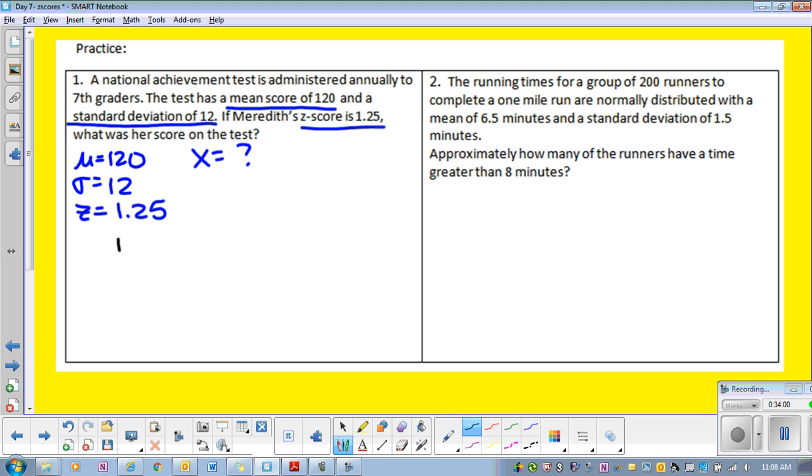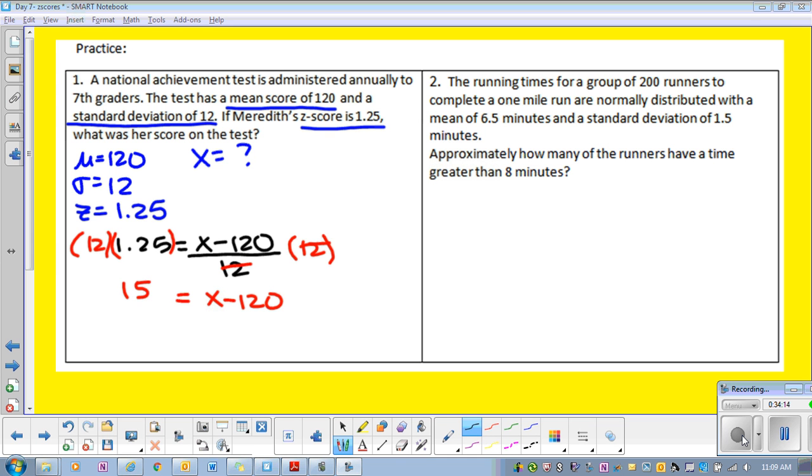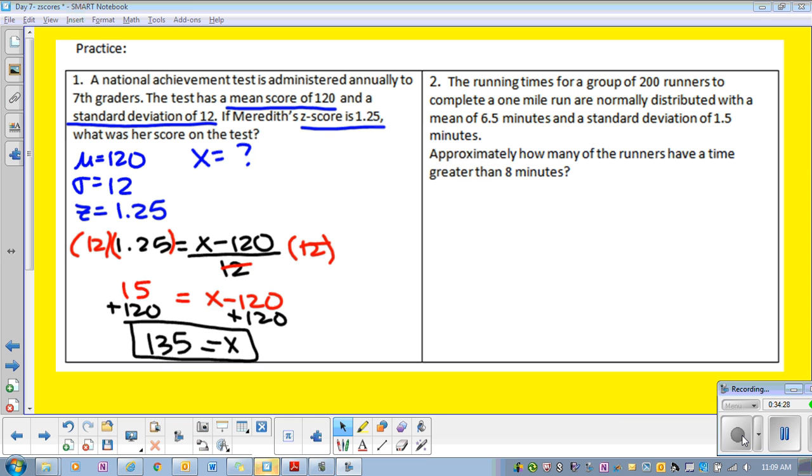So this would be 1.25 equals x over 12. Solve for x, okay? All right, and then add 120. So what is her score? It's 135. 135 is Meredith's score. All right. You guys did a really great